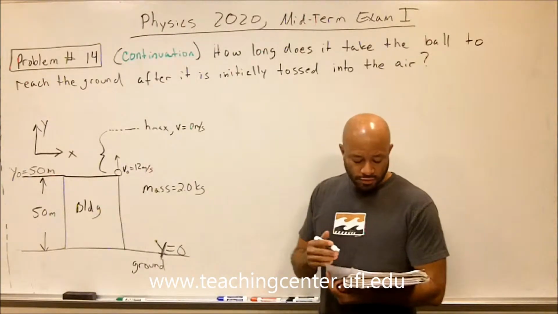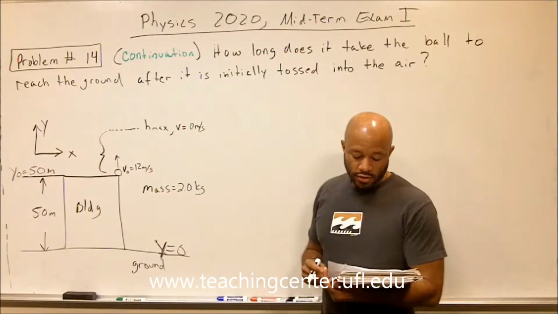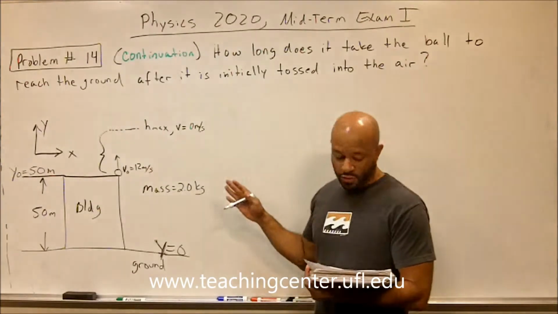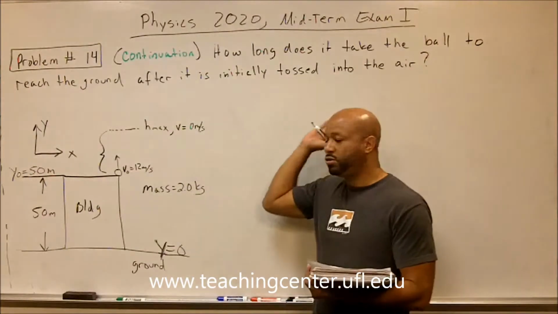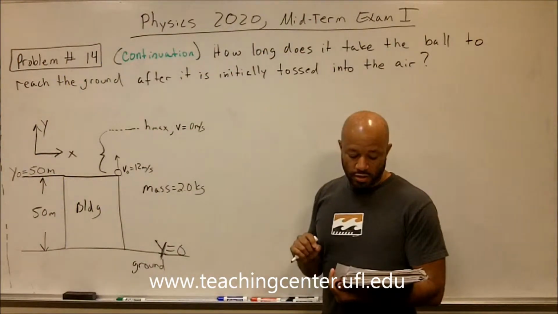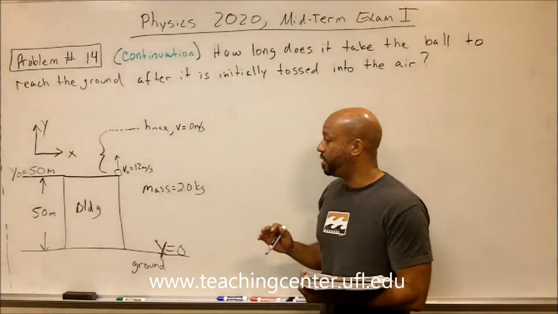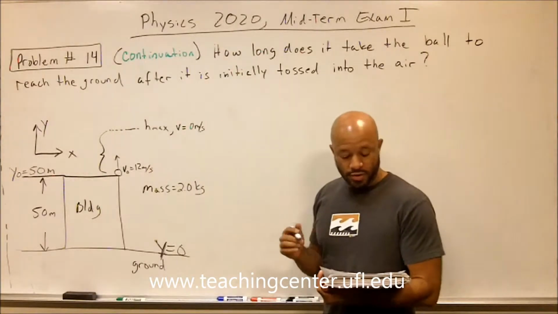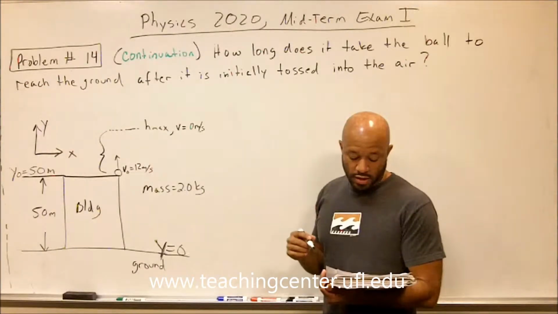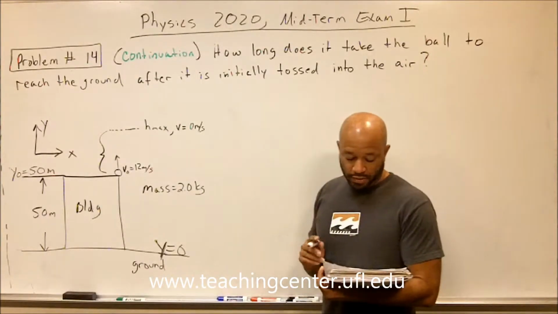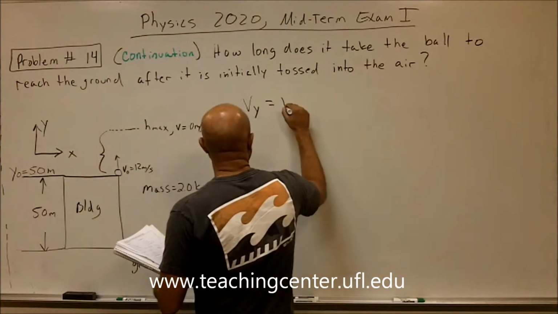And there are several options here. But as we look through them, we have two equations that have the parameter time in it. And since we're trying to determine the time, it would be helpful if we had an equation that had the time in it. And so we look there and we see that we have an equation for the final velocity, and we have an equation for determining the final y. But if we look at the equation with the final velocity, which is Vy equals V sub 0